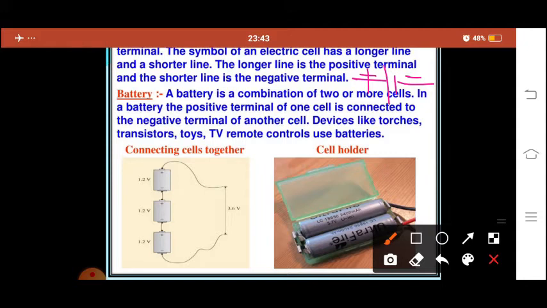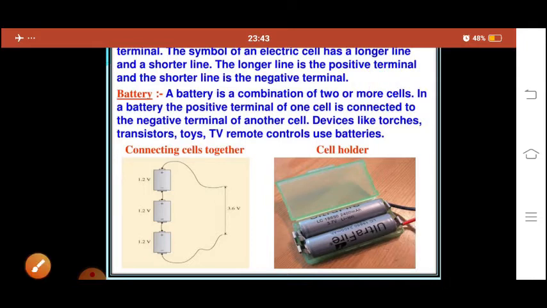You might have observed how cells are connected inside toys, torch lights and remotes. There will be a battery holder, and the cells are connected positive, negative, positive, negative, that way. You should remember the difference between a battery, a cell and a cell holder.